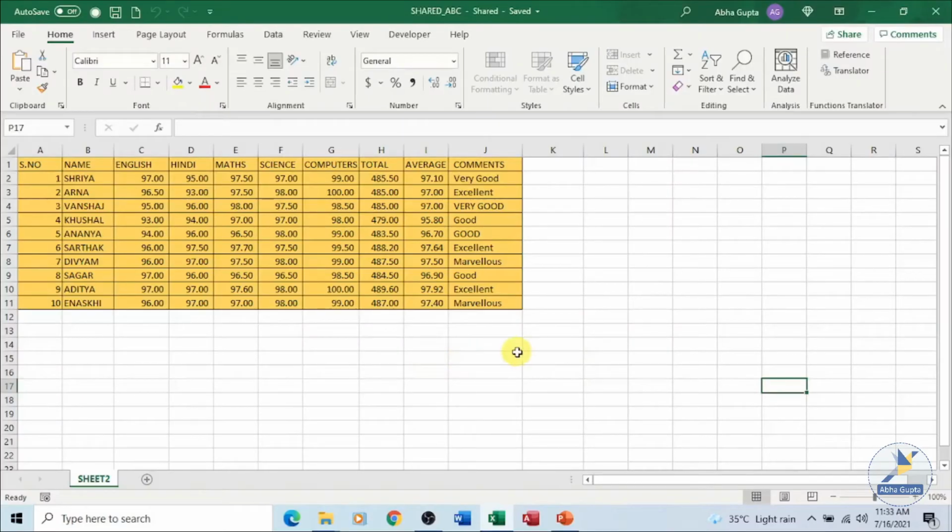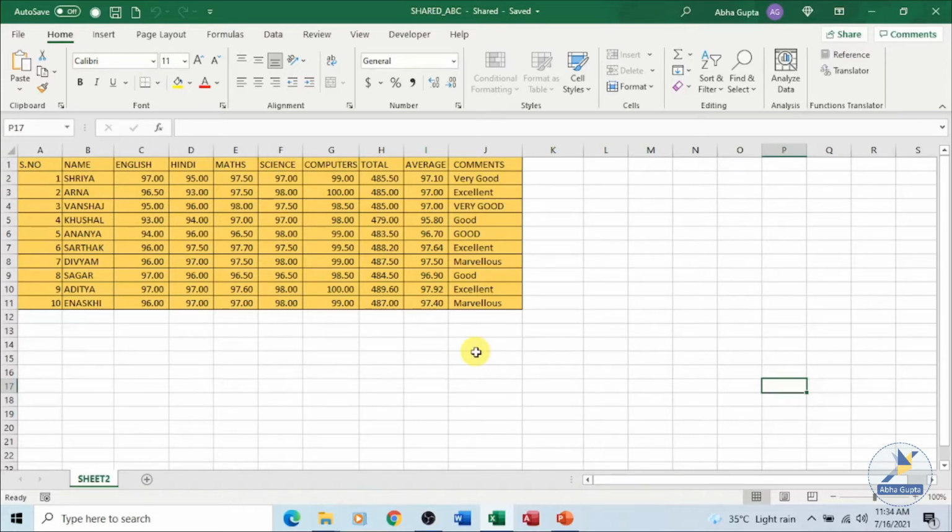When we talk about sharing of a workbook, this is a workbook which has been shared with others. It's on a network location and others are accessing the same data. When we have different versions of the same shared workbook and we want to compare all the changes made by the different users in a single file, then we make use of the compare and merge workbook feature of Excel. Say this is my shared workbook and I have created a copy of it and others are working on it, so we can merge them together to compare the changes.